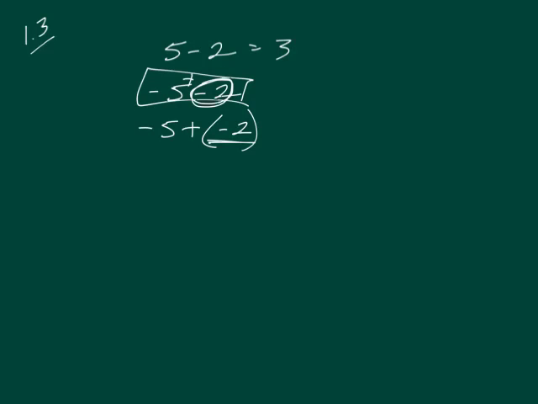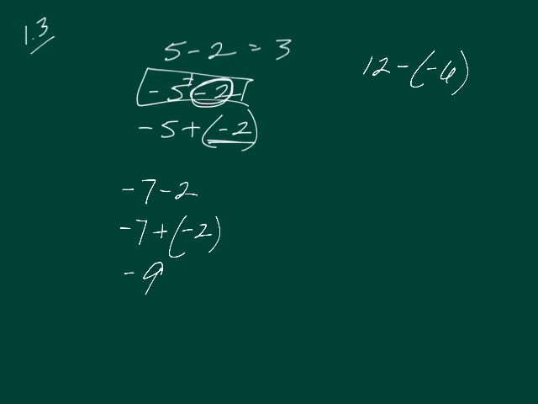For example, they have as example number 1, negative 7 minus 2. Let's change it to negative 7 plus negative 2. Signs are the same, so we add them, we put the sign on the answer, and we get negative 9 for our answer. When we have something like 12 minus negative 6, one of the things that you'll see here is we have two symbols,